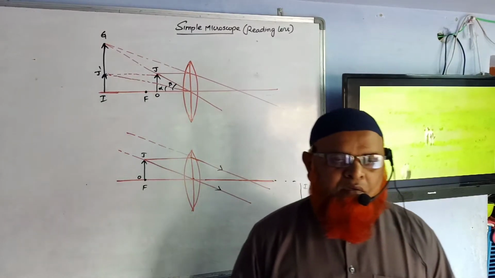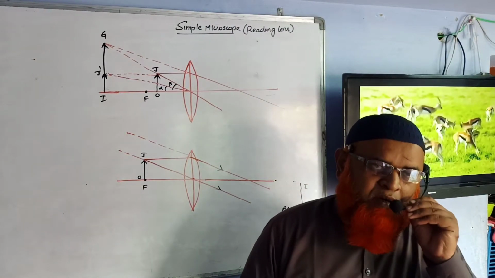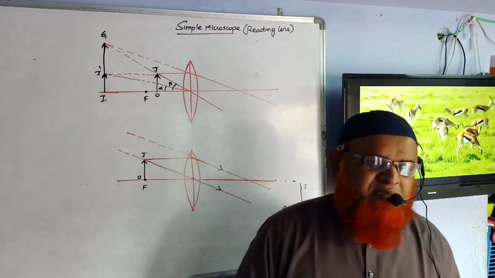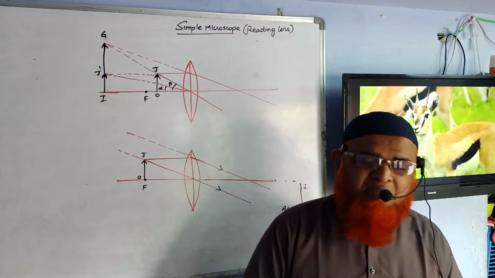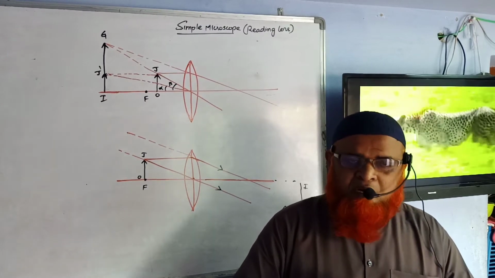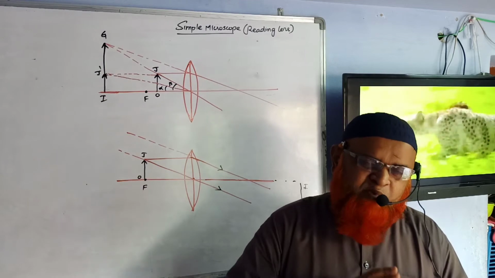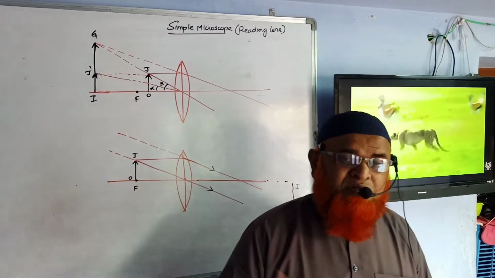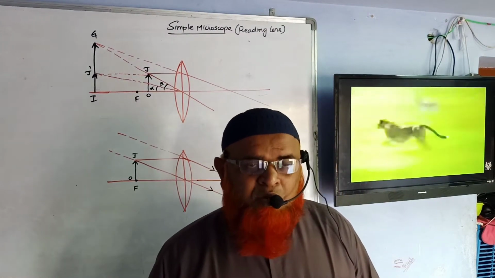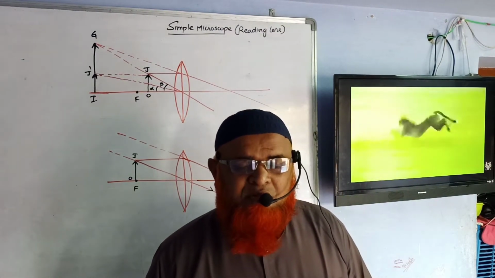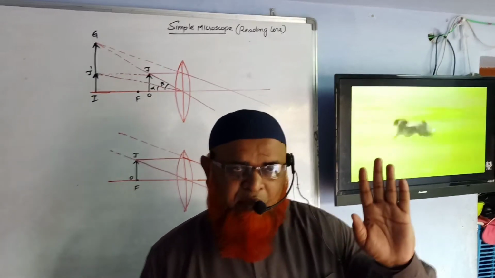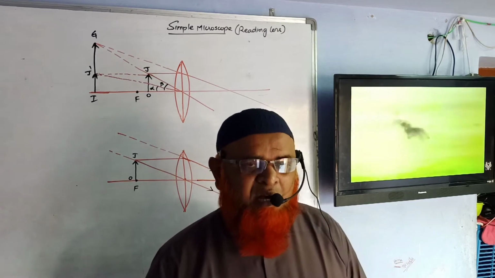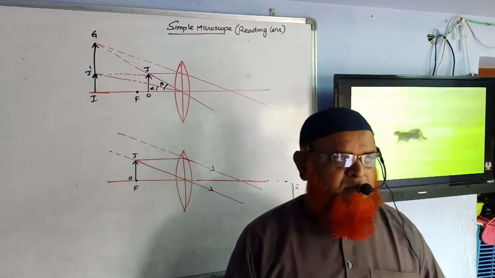Okay, so students, today we're discussing a simple microscope, and this simple microscope is also called a reading lens. It's a very amazing topic. You just see here, it's a very simple topic. We can explain it in a better way, and you can understand the topic so that you can try to solve the problems also. After completing this topic, simple microscope and compound microscope, I will do some problems also in a very simple shortcut method. We shall discuss this here today.